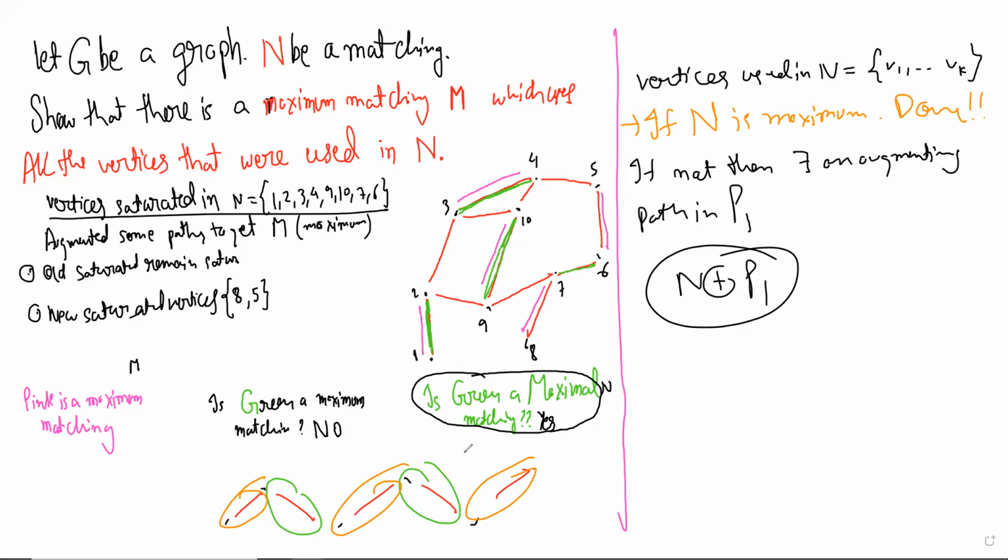And obviously two endpoints also become saturated. And that's it. And so you have enlarged the set of vertices, right? And you keep doing this. And if you can't do this, it means there is no augmenting path, but that means it's maximum. And so you will find a maximum matching. This process will end, obviously, if you find a maximum matching. But those that were saturated remain saturated,